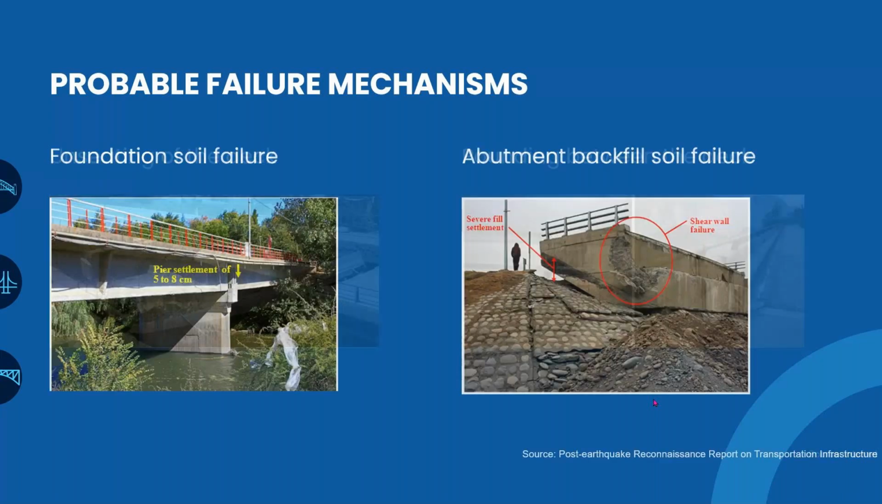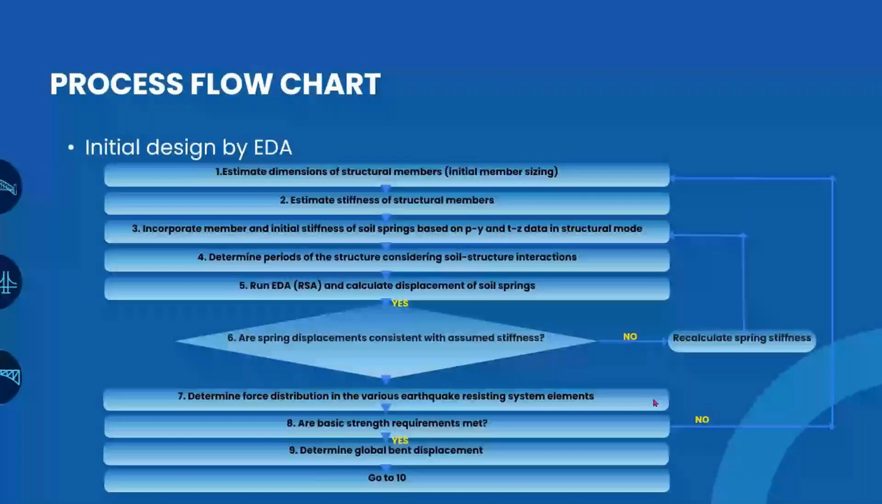Similarly, foundation soil failure, where there is settlement of the foundation or the development of cracks in the foundation, also needs to be checked, and also the abutment backfill soil failure, wherein we could see a severe fill settlement that was observed in one of the structures after the seismic event. So these failure criteria need to be considered by the engineer before saying that the design of this particular structure is complete. So let us now go to the process flowchart that we generally have when it comes